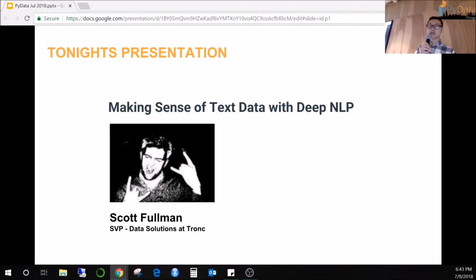Scott Fullman is the SVP of Data Services at Tronc, where he leads a team focused on improving newspaper operations using data science. He is also the founder of Manifold Analytics, an advisory firm focused on investing in early-stage companies with products enabled by machine learning. Previously, Scott led PwC's award-winning global analytics lab, which was responsible for using data science to help solve real-world client